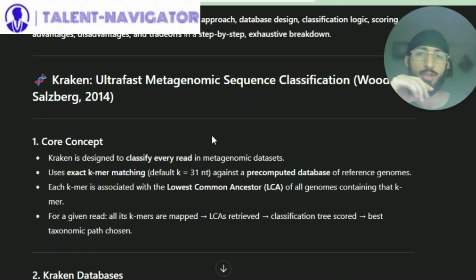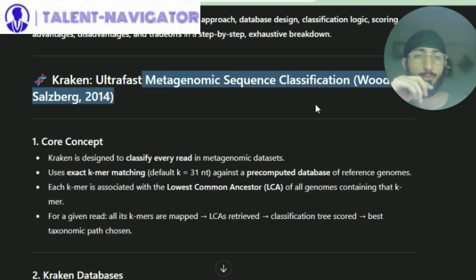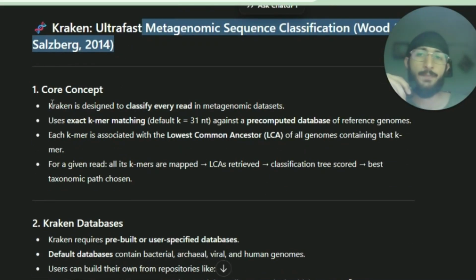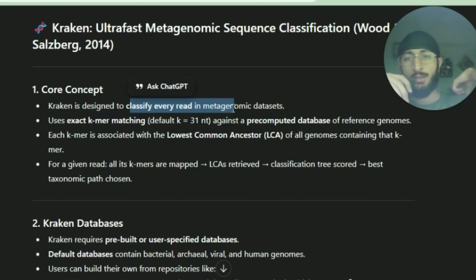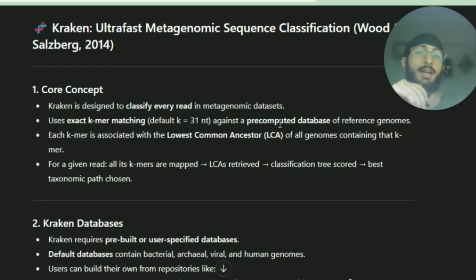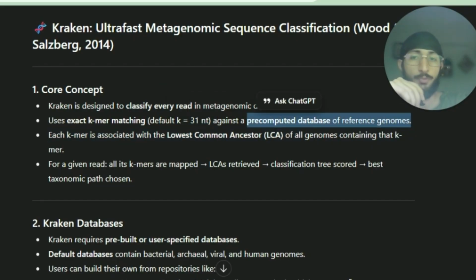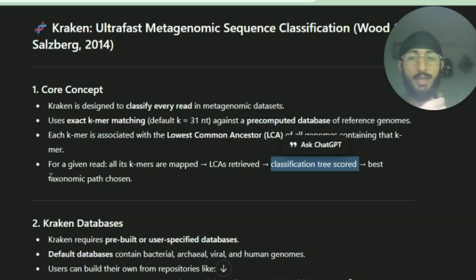Now moving on to Kraken, which is an ultra-fast metagenomic sequence classification method given by Wood and Salzberg in 2014. So the core concept is basically Kraken is designed to classify every read in metagenomic datasets. It uses exact k-mer matching, default k equal to 31 nt, against a pre-computed database of reference genomes. Each k-mer is associated with the lowest common ancestor (LCA) of all genomes containing that k-mer, right? For a given read, all its k-mers are mapped, LCA is retrieved, classification tree scored, and we take the best